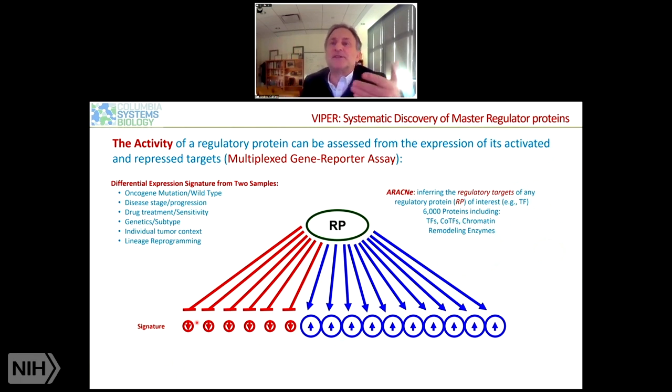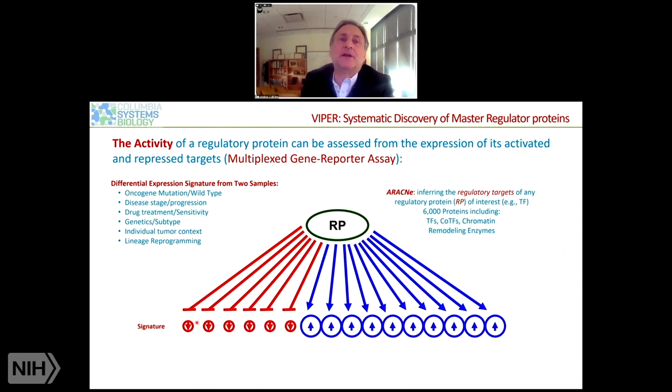And if you have luminescence, since TERT responds to MYC, then you think MYC is activated. If you see no luminescence, MYC is inactivated. That works well if MYC is the only thing that moves in the cell. And obviously, because the TERT promoter is highly pleiotropic and responds to other transcriptional regulators, it will not work well if everything moves. And so what we tried to do is to generalize this concept of a gene reporter assay,